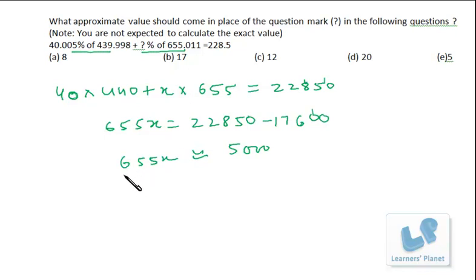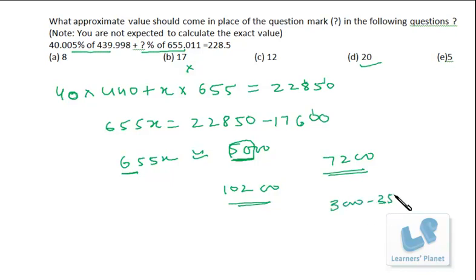See, you just consider the initial figure, the starting figure. If you just take 17 as the choice of x, then 17 into 6, what will be the value? It will go up to 102, and we are limited with this 50, right? So it's 102,000 and we are limited with 50. So this cannot be the correct option. Similarly, 12 sixes are 72, the value will go more than 7200 for this also. And for this, if we put x as 5, the value will be 6 fives are 30, that means around 3000 to 3500, right? So none of them is the correct option.